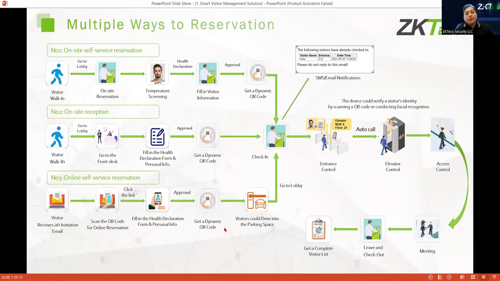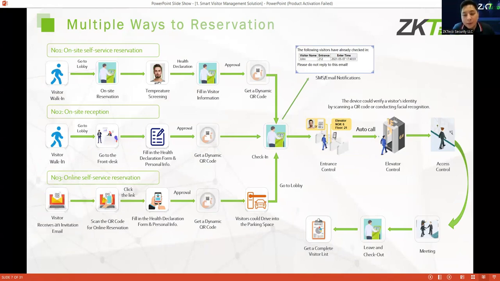What we have here are multiple ways to make a reservation using our smart visitor management solution. We have three ways to register our visitors. First is a walk-in. If somebody wants to come to your office, he walks in, goes to the lobby, and makes an on-site registration, wherein he or she can use the face kiosk. Most of us are familiar with COVID, right? We have temperature screening also.